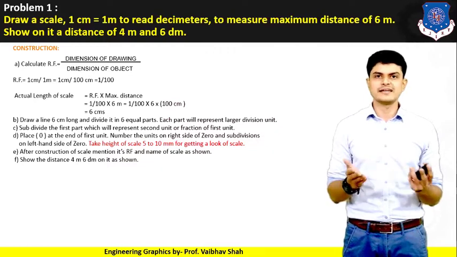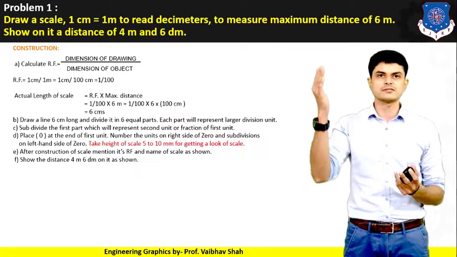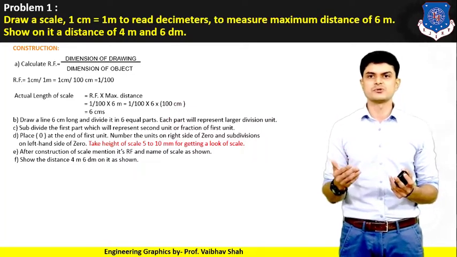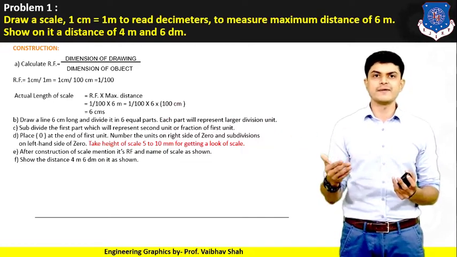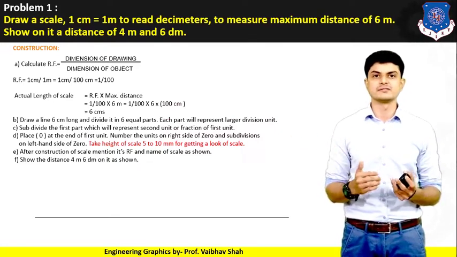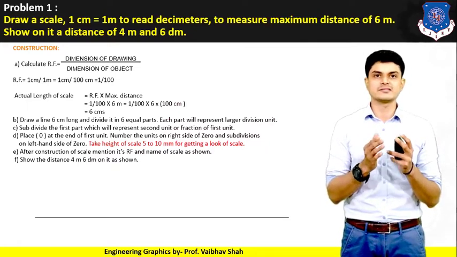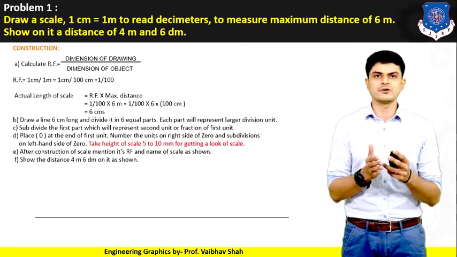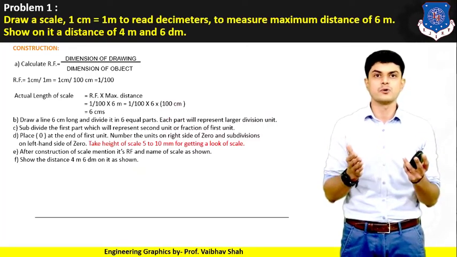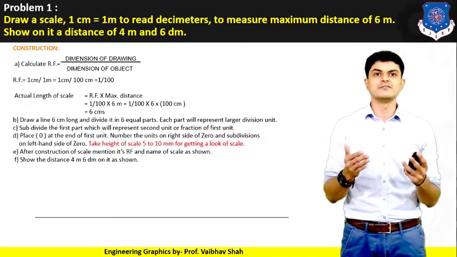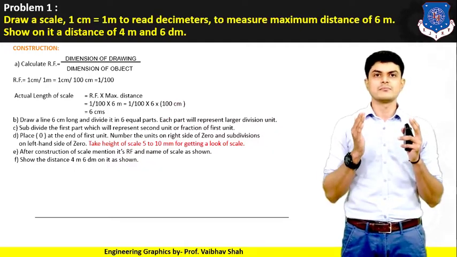So that's it. We need to now draw a 6 centimeter line to construct our scale. So let us begin. First you need to draw the line of 6 centimeters like this. After that you need to divide this line into a suitable number of equal divisions. Now the question is, sir, how many divisions should we divide this line into? In this case it is easy because you will say, sir, we can divide it into 6 divisions. But how did you decide how many divisions you need to divide this line into? It solely depends on your maximum length to be measured.